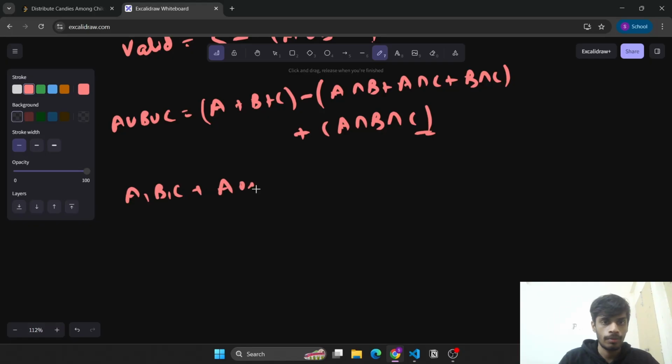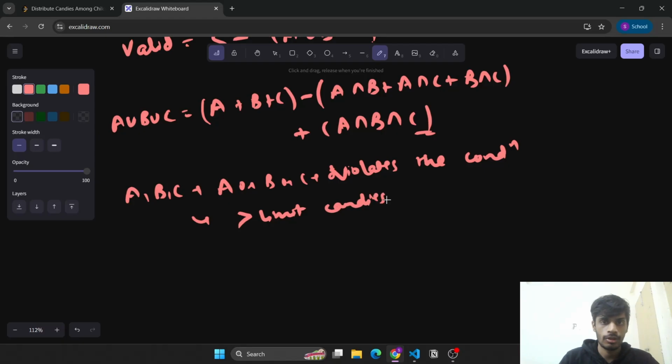A or B or C means it violates the condition. That means the child gets greater than limit candies,